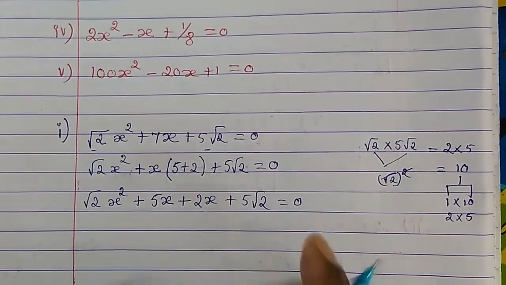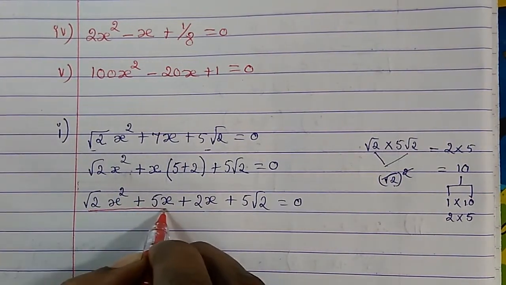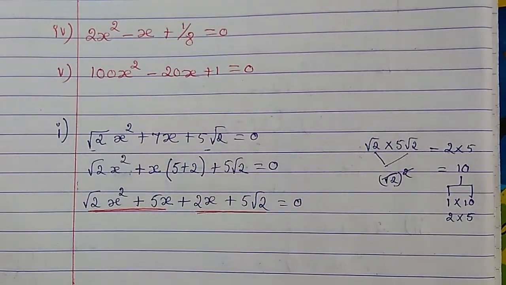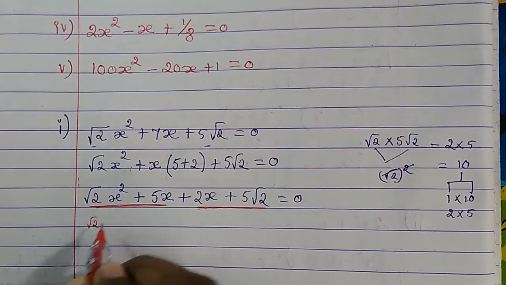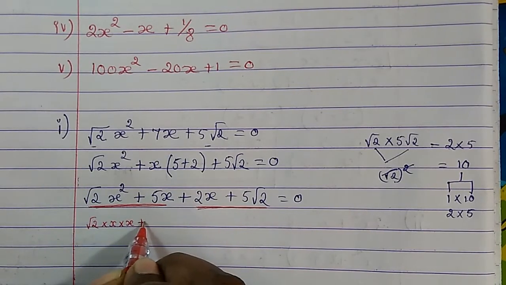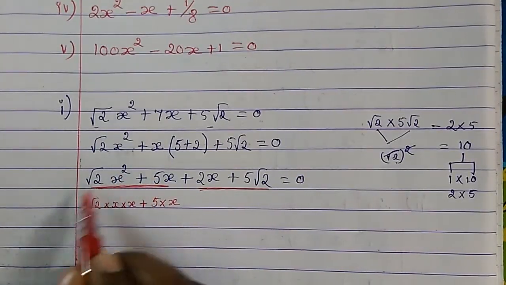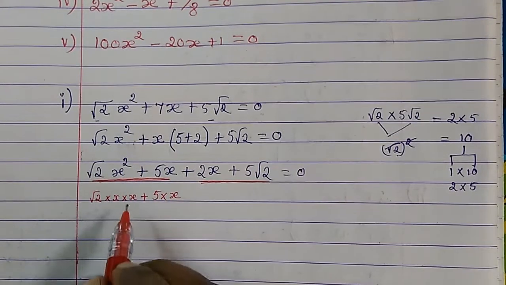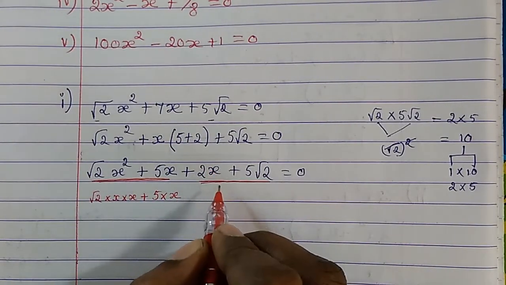Now what we have to do? We have to take the common terms from here, from this and then from this. Okay. So from here how we will get? See, root 2 is here. X square means x into x. Okay. Now plus 5 is 5 into x. For those of you who don't know, I am telling how to remove in common, because some students have difficulty to remove in common. For you I am showing here. That's why in red pen, you don't need to do this step. Okay. And this also afterwards I'll show you.